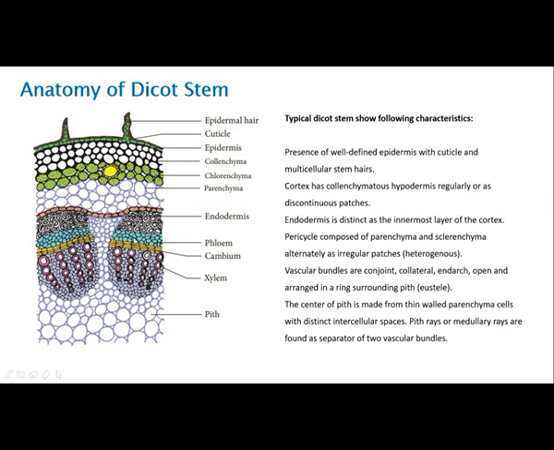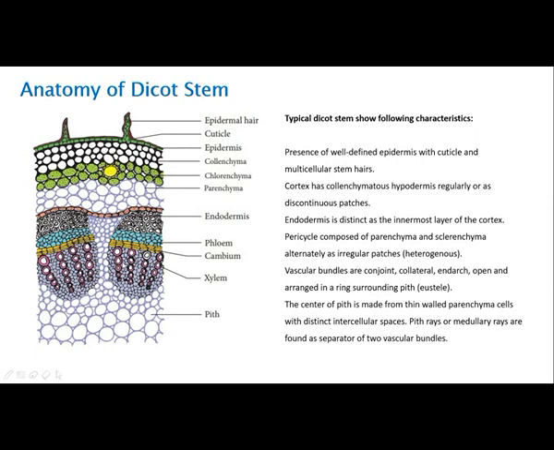Now coming to the vascular tissue system, as I already told you that the xylems are endarch, because you can see that the metaxylems are toward the center and the protoxylems are toward the periphery. This type of xylem arrangement is called the endarch condition. It is conjoint, collateral and open, because the cambium is present in between the xylem and the phloem.